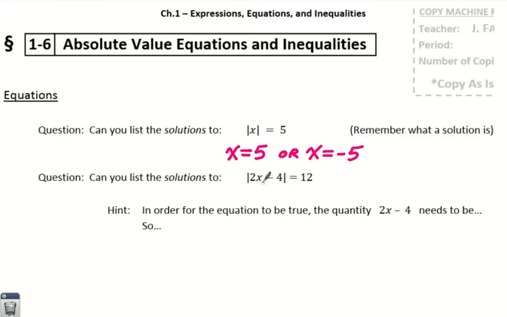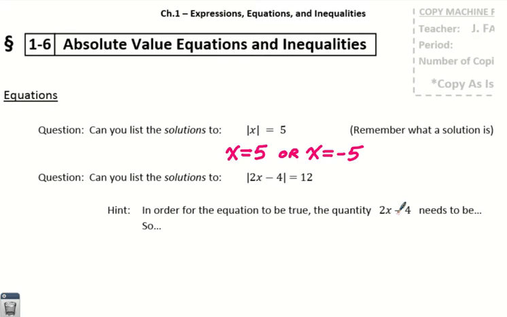Moving on to this, making it a little more complicated. Now it's not just the absolute value of x, it's the absolute value of 2x minus 4. And the whole equation says the absolute value of 2x minus 4 equals 12. What would be the solutions to that? In order for this equation to be true, you could say that the whole quantity of 2x